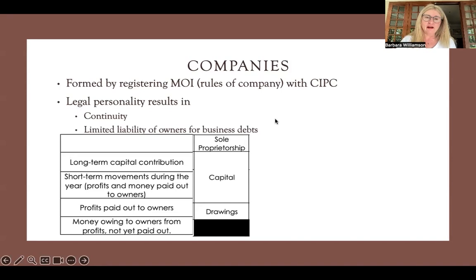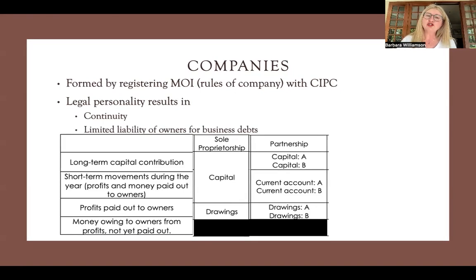If we do a little comparison of the forms of ownership, it might help you to see what I mean a little bit more clearly about how we're actually going to do all of this. The sole trader, we just had a capital account and a drawings account. It was very nice and simple, and at the end of the year, drawings got closed off to capital.